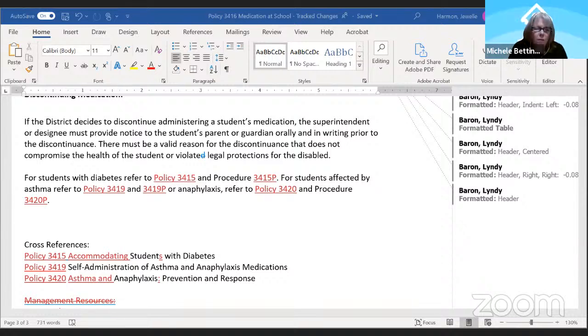Looks like it was last updated in February of 2015. Yeah, 3419, I'm looking at it. We probably should look at that one. All of these cross references might need to be updated as well. I was saying we should have the WASDA policy next to it as well, with the cross reference. Not to say, Ms. Barron, your work, we appreciate you looking at this and pointing it out to the board. We do need to update this for certain.